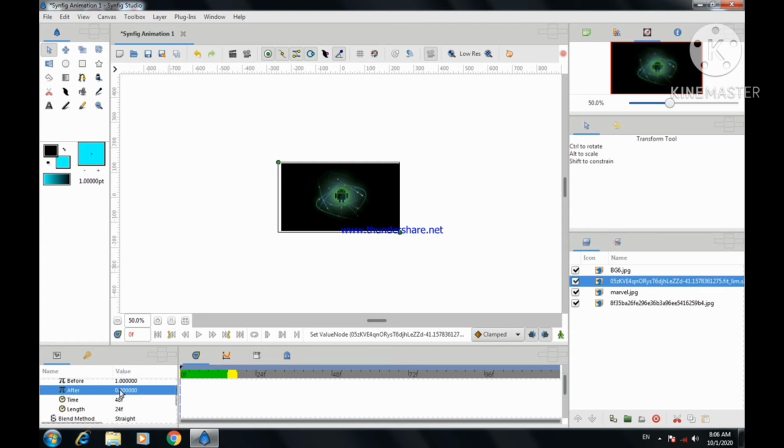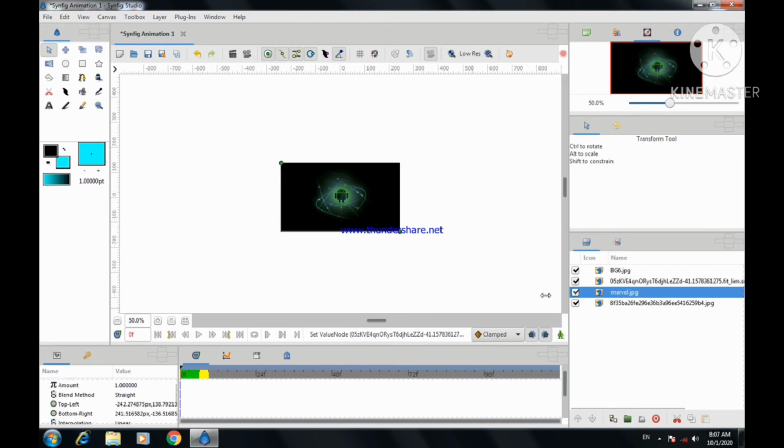Because it is the second image, so it should remain present even while the first image is transitioning. Here length will be the same, 2 seconds, right?